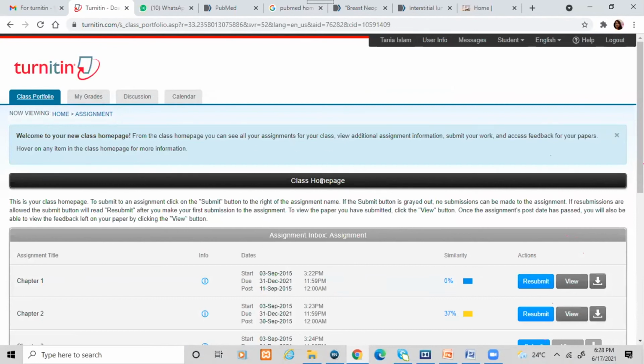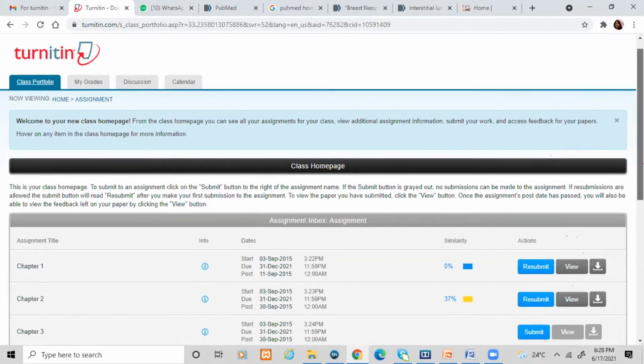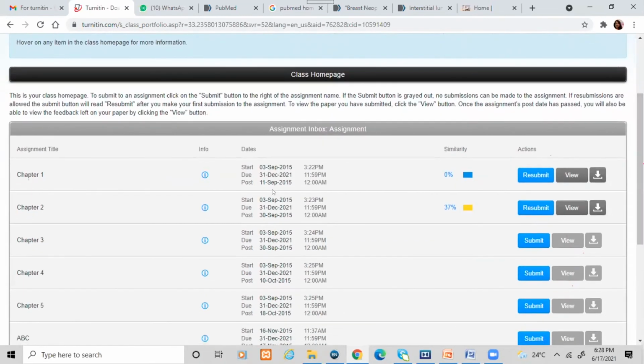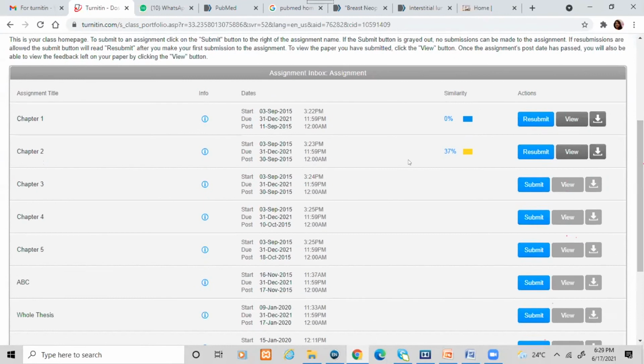Normally you can assign which one is your class, and they will create it for you. Either your supervisor or library people can make a separate account for you as a student, or you can ask your supervisor, who has their own Turnitin account. From that account they can create accounts for different students, and then they can submit. If you see the first one I submitted, this one shows 0